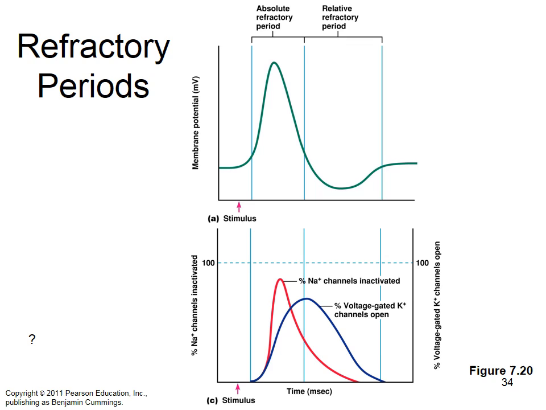Percent sodium channels inactivated means they have the inactivation gate closed. When the inactivation gate is closed, it's not going to open again. Sodium cannot come in. You cannot fire a second action potential. So that's leading to the absolute refractory period. Okay? You can't open sodium channels. If you can't open sodium channels, you can't depolarize anymore.